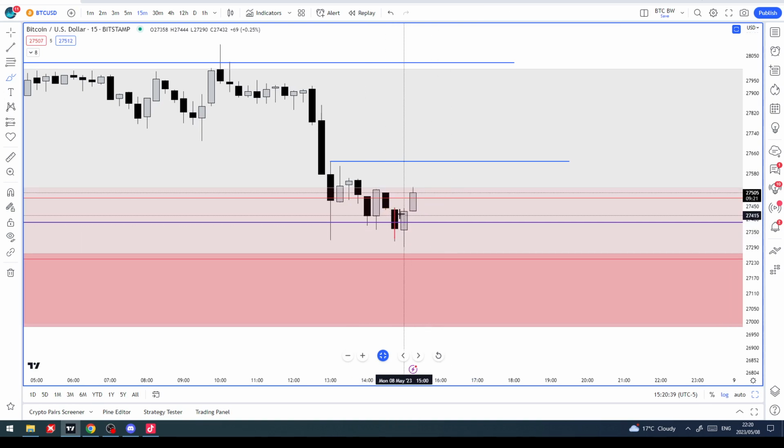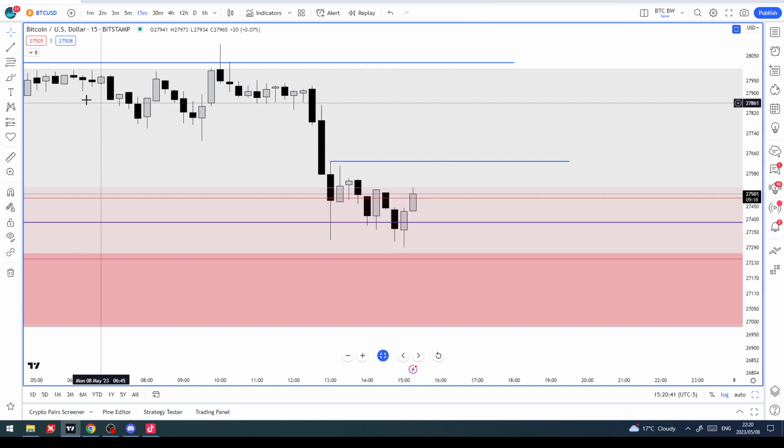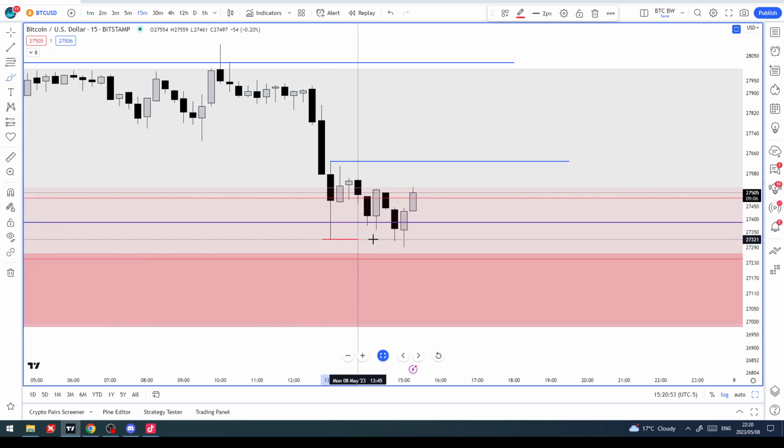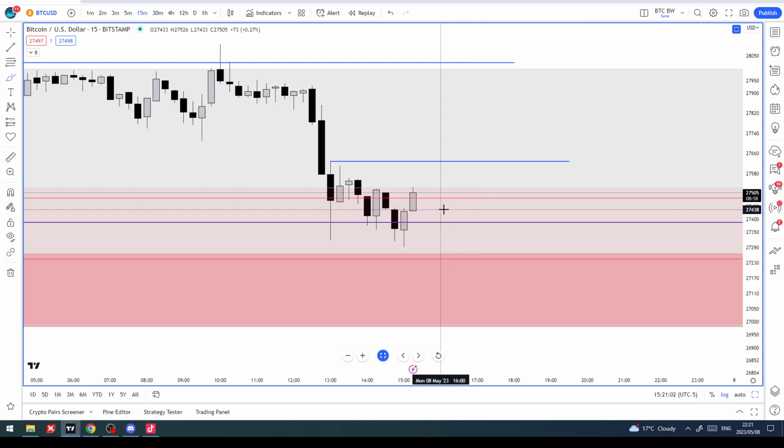I wouldn't even call it a CSD, because this down candle, did it take the low? Let's have a look. This down candle's low was 27,313. The low was 27,317. So technically, this down candle did take the low by just a bit, by $4, and then it got traded through. So on technicality, you could say yes.